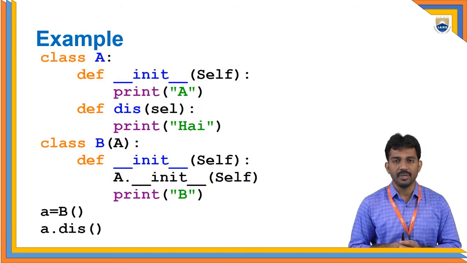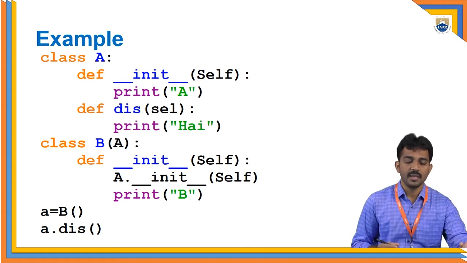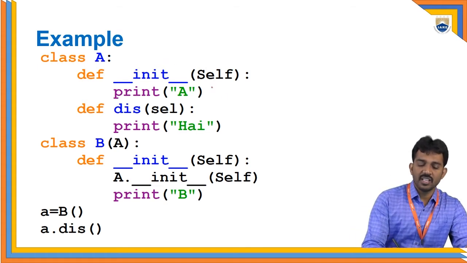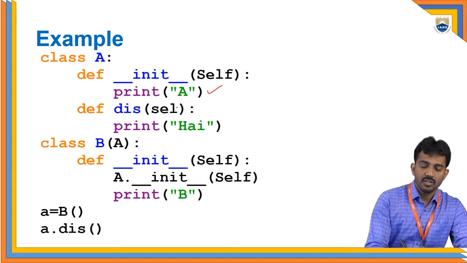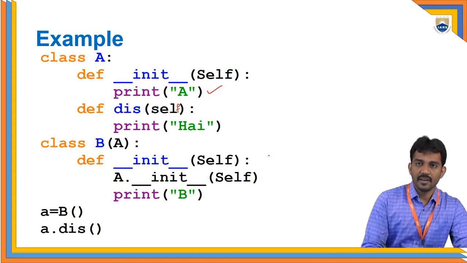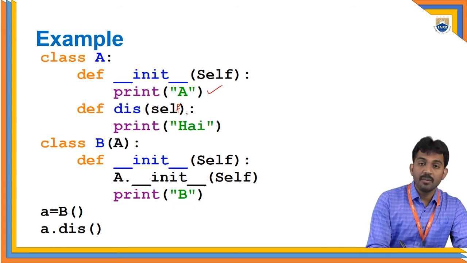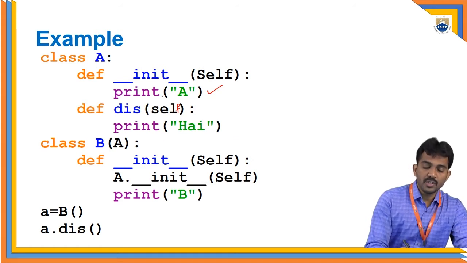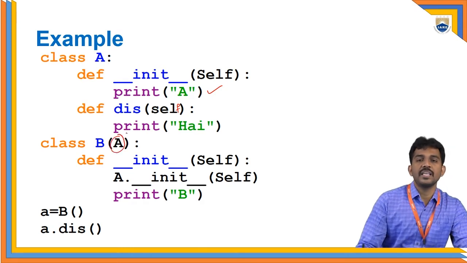See, class A and class B. See, class A, he has created one constructor. We already saw this in the last class, right? This is a constructor. When an object is created, it executes this one. After that, he created a function, so self. Please note, a small mistake is there. All methods available in the class should have self, right? We will see. And suppose if you want to inherit, you should use the base class in the brackets.